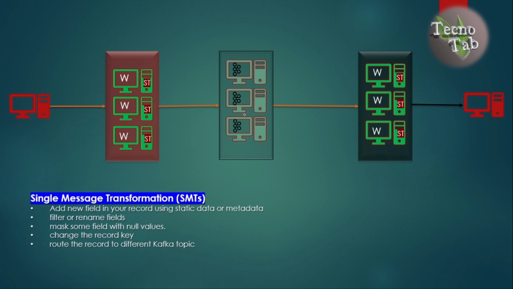That means for every message that is coming from this system to this Kafka cluster, you can perform a transformation. This transformation may be adding a new field to your records using static data or metadata. You can filter or rename fields, mask some field using null values, change the record key, or route the record to a different Kafka topic. In real life scenarios, these SMTs are not good enough to perform real life validation and